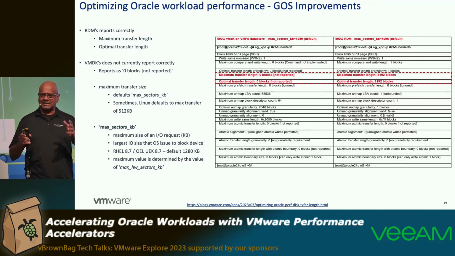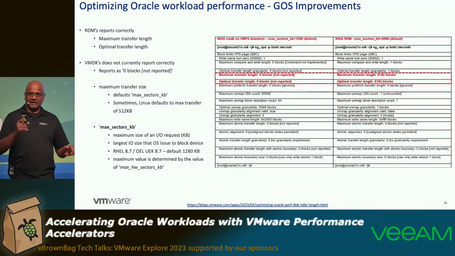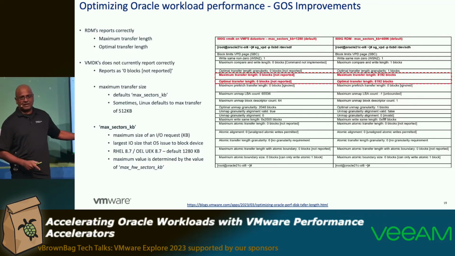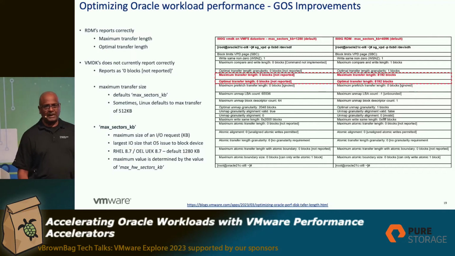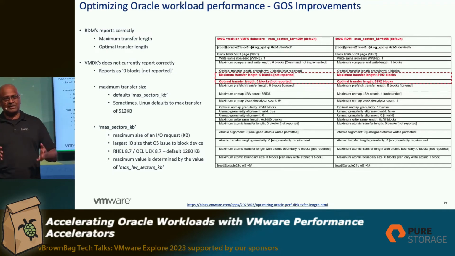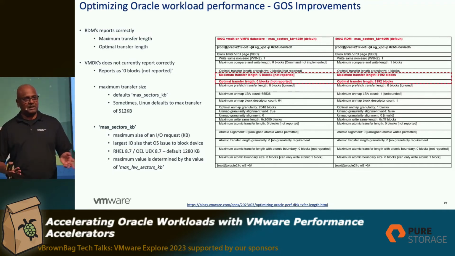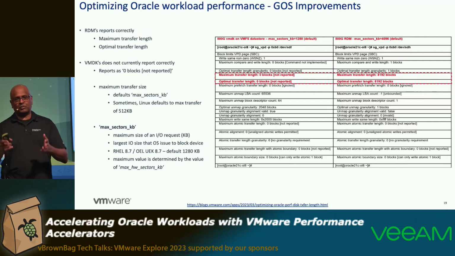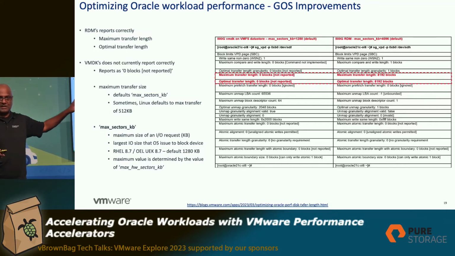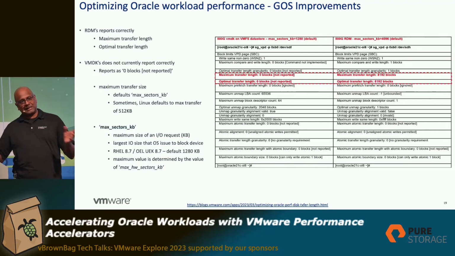You go back and see, is something wrong? No, nothing is wrong. Here's the thing. Just because you set this to 32 megabytes and you set this other factor to the same 32 megabytes doesn't mean I'm going to push 32 megabytes. I'm the storage, right? Every storage has a limitation. Pure, for example, is capped at 4 meg. 4096 kilobytes. That's it. You cannot push more than 4 meg. That's the IO size. Since we don't expose these metrics, you are at a disadvantage here.